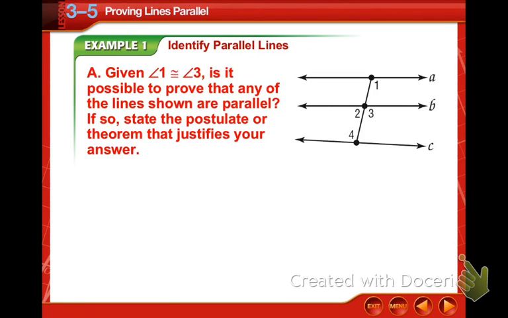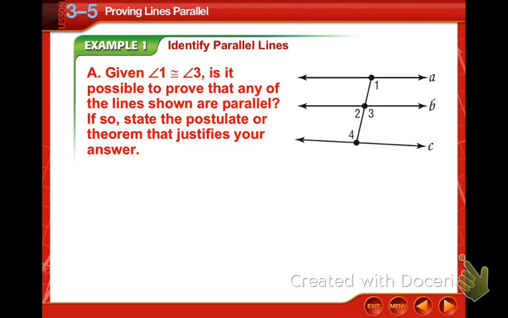So, knowing all this, we are given that angle 1 is congruent to angle 3. Is it possible to prove that any of the lines shown are parallel? And yes, it is possible because of the converse of the consecutive angles postulate, or the consecutive angles postulate converse, whatever you want to say it as. So, because we know those two angles are congruent, they are corresponding angles. So that means angle 1 and angle 3